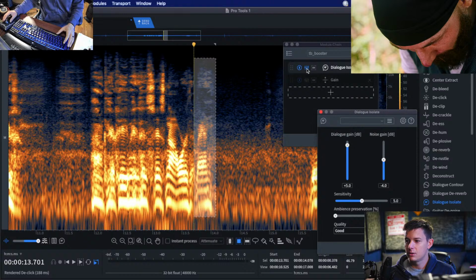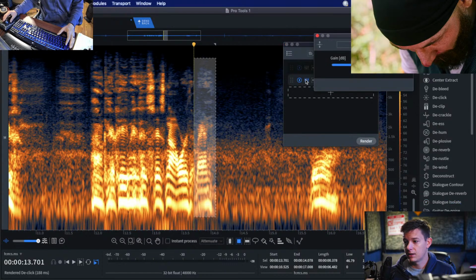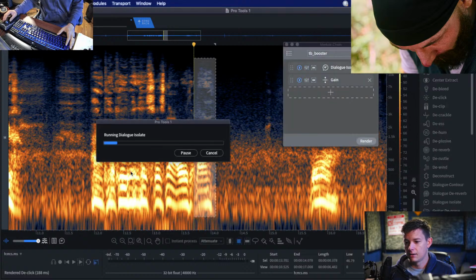So what you can do is dialogue isolate. Instead of, well, actually this is set to both. So it's bringing the dialogue gain up 5 and the noise gain down 4. So it's actually getting you 9 dB of headroom. And then I've got the gain set up to split the difference between the two. So if I render that,